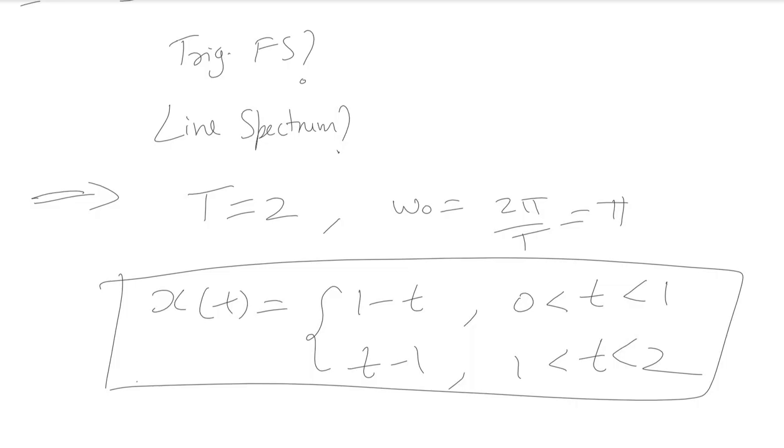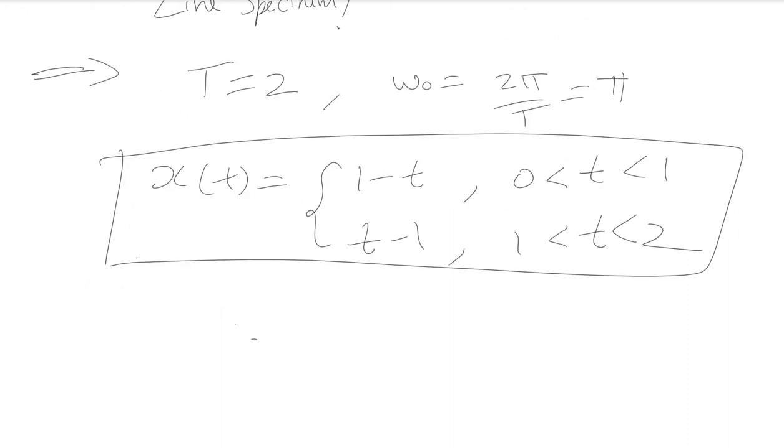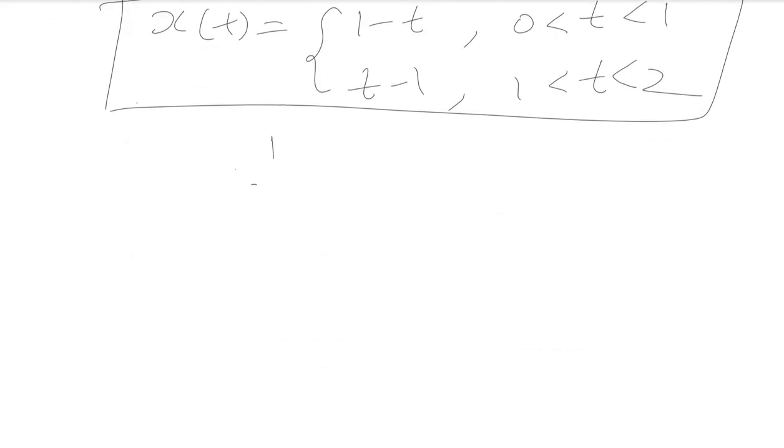Now let us find out the Fourier series coefficients, trigonometric Fourier series coefficients. So first of all, we'll find out A naught. A naught is equal to 2 by T. Now we can clearly see over here that it is a what kind of symmetry? It is an even symmetry. We know that this x of t is symmetrical around the vertical axis, so we can say x of t is an even signal. It is an even symmetry. So for even symmetry, we know b of n is equal to 0. We don't need to calculate b of n.